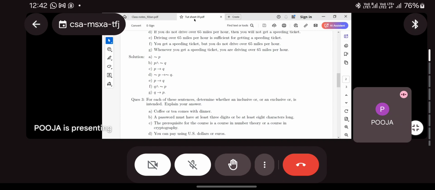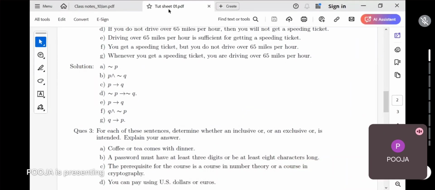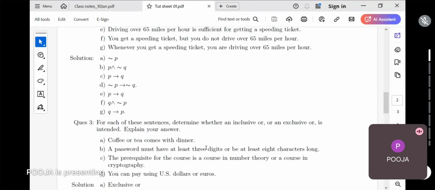Inclusive और था जो कि हम नॉर्मल डिसजंक्शन करते हैं, P डिसजंक्शन Q, जिसमें ईदर P और Q और बोथ आर ट्रू। एक्सक्लूसिव और का मतलब होता है ईदर P इज ट्रू और Q इज ट्रू, नॉट बोथ। तो कॉफी और टी कम्स विद अ डिनर, हमें क्या लेना चाहिए इसे, इंक्लूसिव और या एक्सक्लूसिव और? एक्सक्लूसिव।